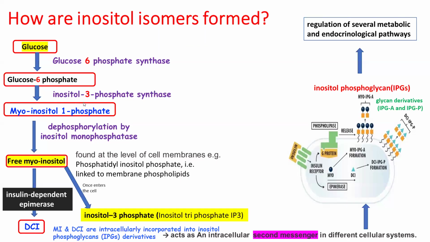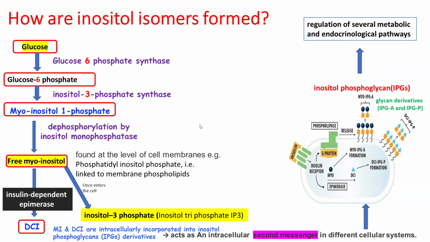the body. As I told you, it is a sugar formed from glucose, changed to glucose 6-phosphate, and then myo-inositol 1-phosphate, which is transformed by dephosphorylation into free myo-inositol. And the free myo-inositol now in the cytosol is changed into two things. One is